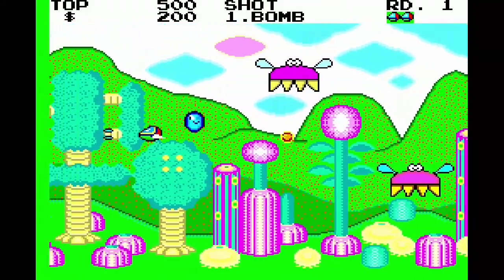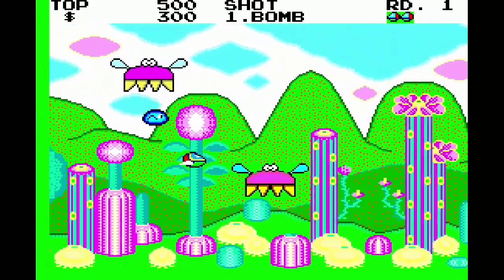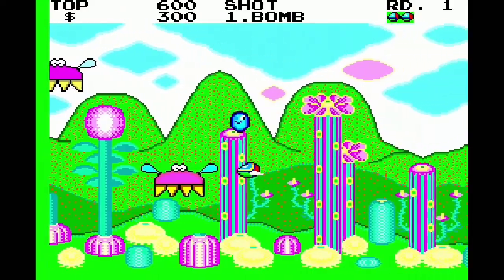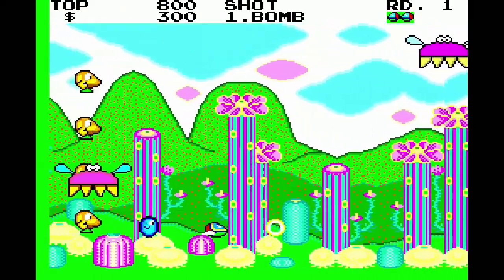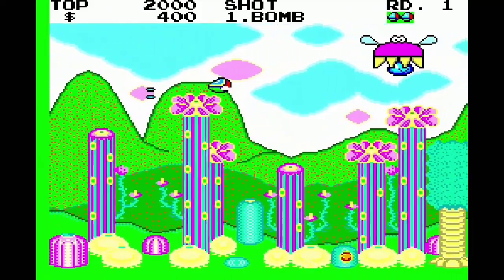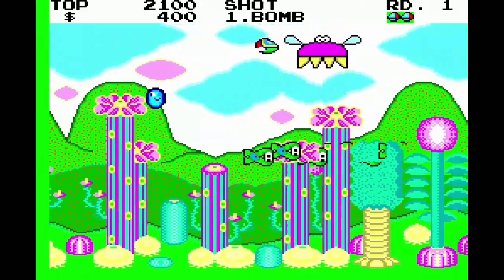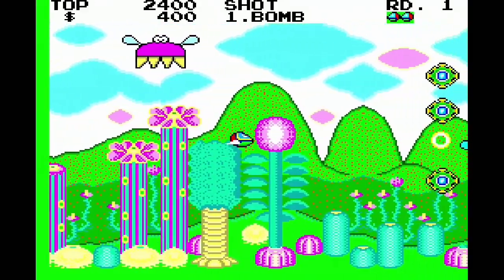So they kind of screwed them. But look how nice this looks. This is actually an amazing color palette here. This is Sega Master System. This is beautiful. My mind was absolutely blown on Christmas morning when I woke up and had this for a present, as well as R-Type. I mean, even R-Type is absolutely divine on the Sega Master System, as well as the arcade and the TurboGrafx-16